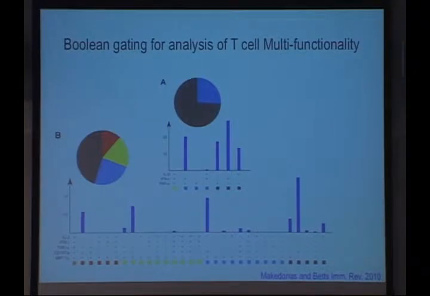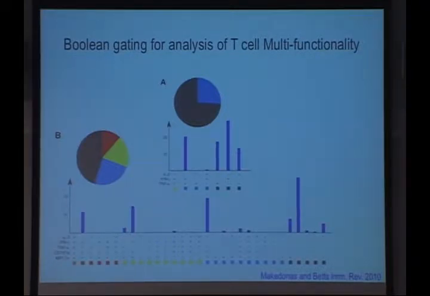So this Boolean gating analysis of T-cell multifunctionality has been around for a while. I think one of the more famous applications of this is looking at the polyfunctionality of T-cells that are specific for HIV in people that are progressors versus non-progressors. So actually, Michael Betts did a sort of landmark study where they compared